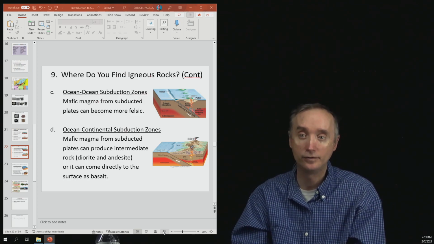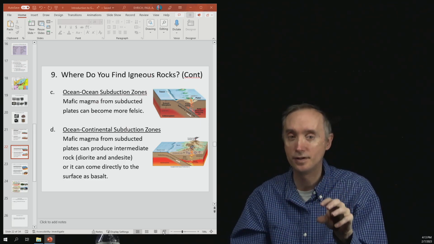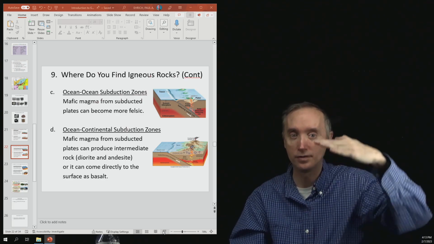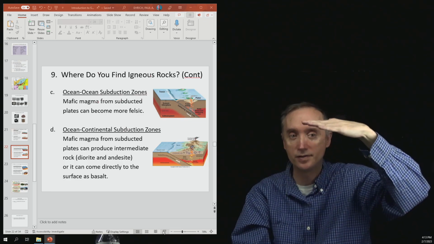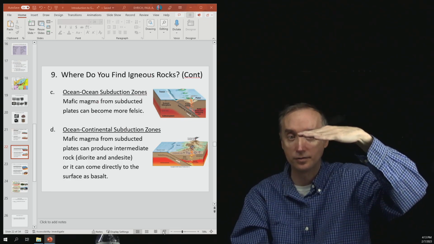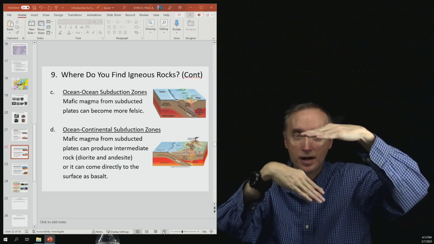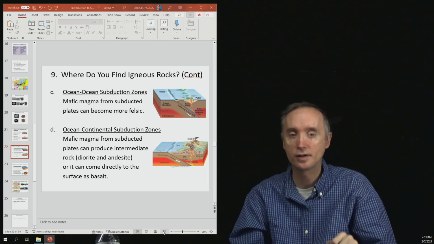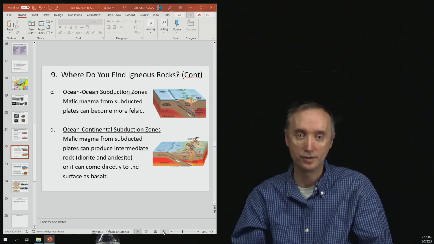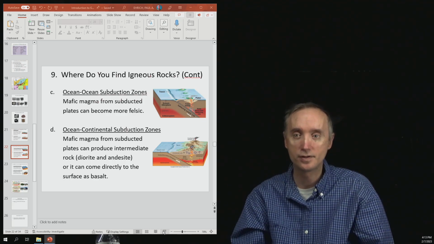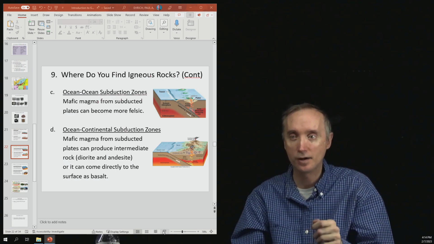You can also have this time an ocean-continental collision. All right, now this time you've got mafic materials, but it's coming up through pre-existing felsic materials. So the continent is felsic, this is mafic, so now you're having a mixing of felsic and mafic materials, and that makes intermediate materials. So a rock that is intermediate in composition between mafic and felsic, and that's diorite and